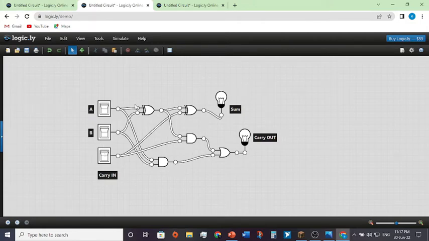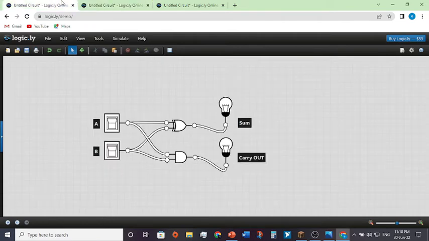Actually, before I show the outputs of the truth table, I'm going to first explain how this half adder works. We know the truth table and we know the output, but we didn't discuss it from the logic gates. So here, when we have 0 0,